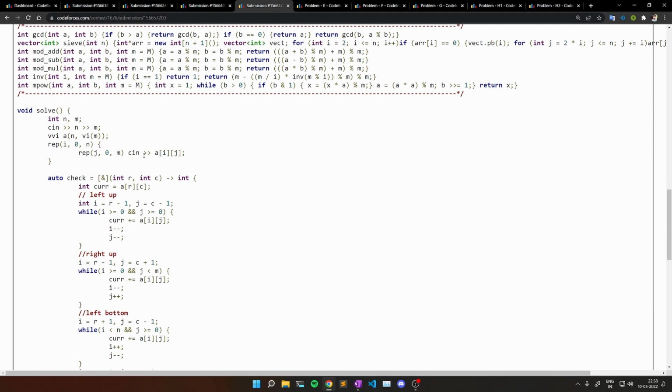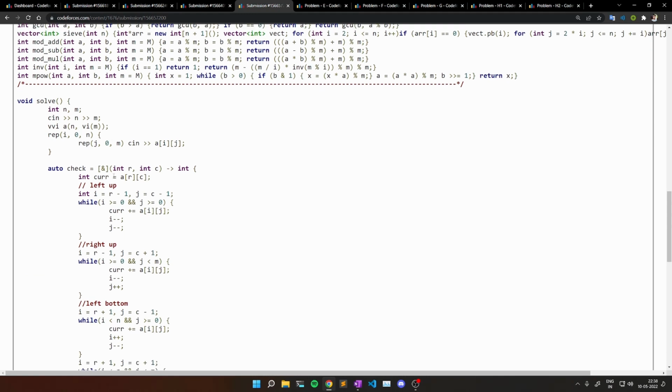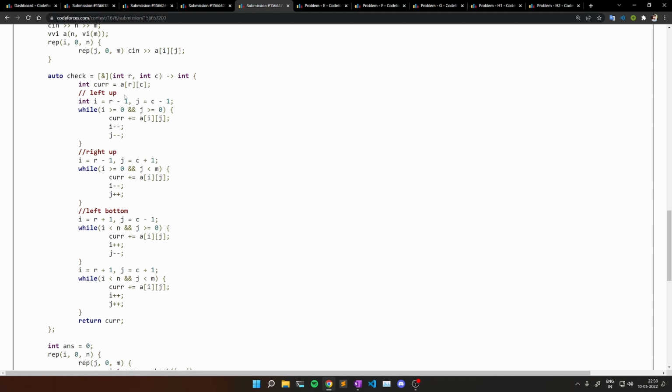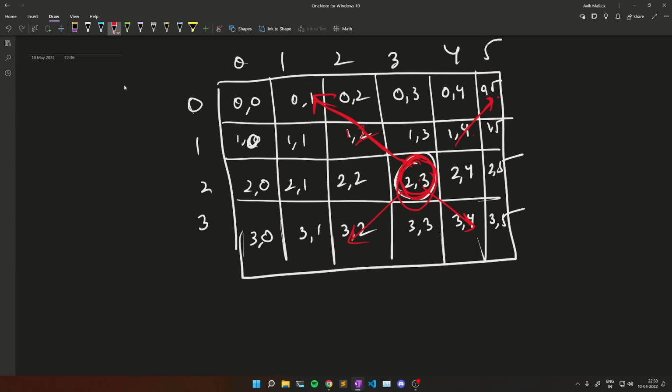So again I first take the input in a 2D array A. Now I have created a function to check, and for each cell I get my answer in current, and if my current is greater than my actual answer, then I put that value in my answer and I finally print my answer. So how am I checking it? Currently I am at RC, like in row R and column C. So in my current, I have to add the value of the cell where I am currently,